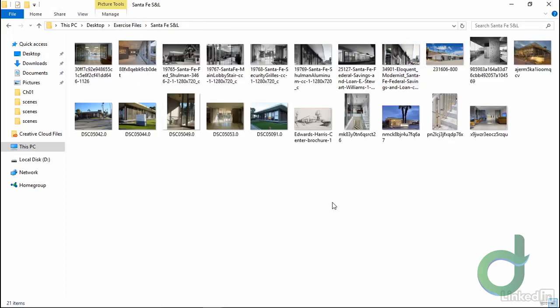Lastly, there's some reference imagery on the Santa Fe Savings and Loan, one of my favorite modernist buildings. This will give us good images on how to treat this building, how the sun looks or the lights look on various surfaces, and to really get a good idea of the original intent of this building. If you don't have access to the exercise files, you can certainly follow along using your own files in Revit